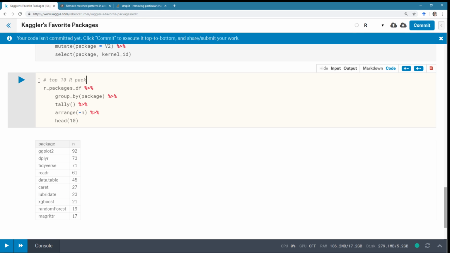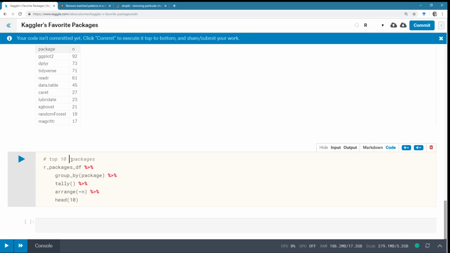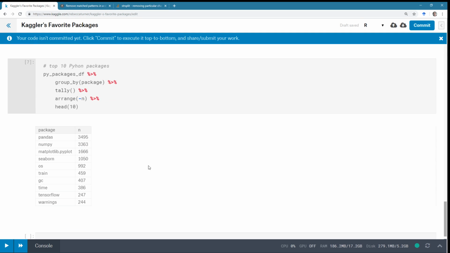Once you have the data clean, it just flies by. And let's look at the top 10 Python packages. Python, and there's not enough for me to bother doing search and replace here. All right, so our top Python package, no surprise here, pandas. Everybody loves data frames. NumPy, which is for numerical computing. The top 2 packages give you things that are built into R. Actually, the top 3 packages give you things that are built into R.